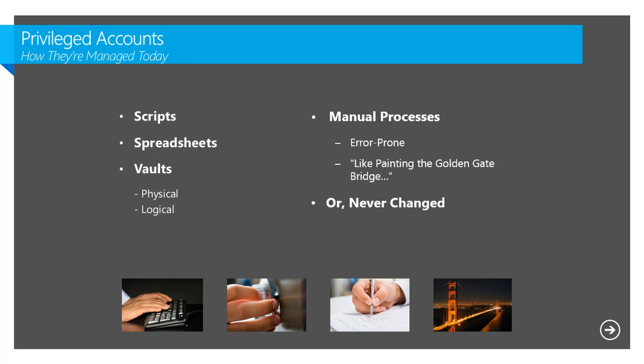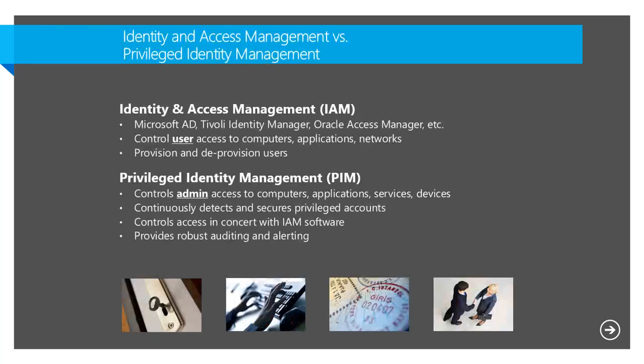They try to do it manually. This is also a wonderful job for contractors because it never ends. They use the analogy of it's like painting the Golden Gate Bridge because it never ends. And in fact, since there's an error rate of maybe anywhere from 5 to 20%, if you're going to do 1,000 machines times 5%, at best, is a lot of down machines. So people stop changing passwords as a result because it's error-prone, and it's not a reliable thing to do.